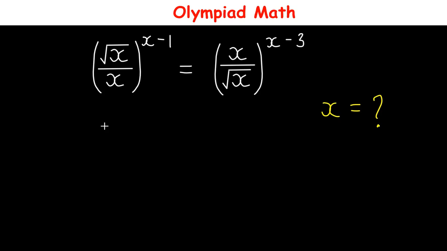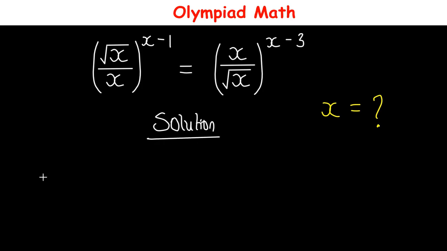Hello everyone, in this video let us solve this question. We have in brackets square root of x over x all raised to power x minus 1 equals in brackets x over square root of x all raised to power x minus 3. I want to solve for the value of x. To solve this,